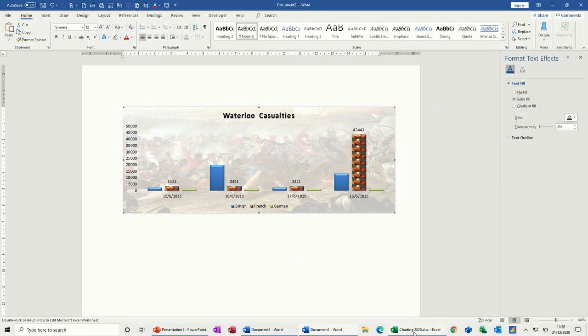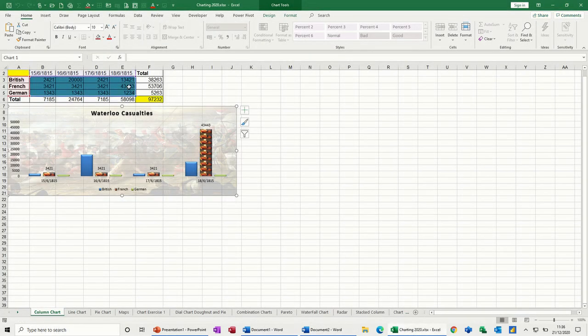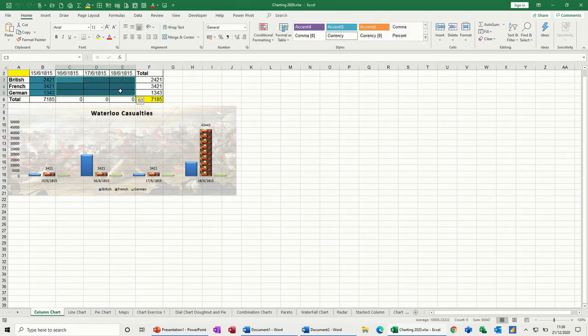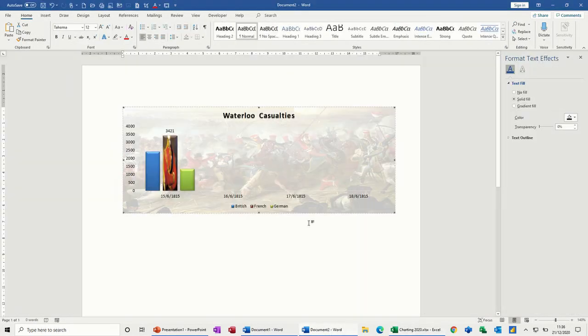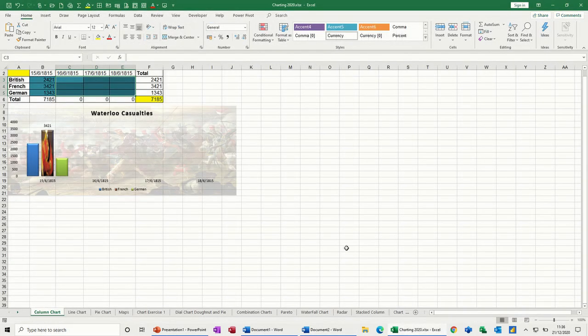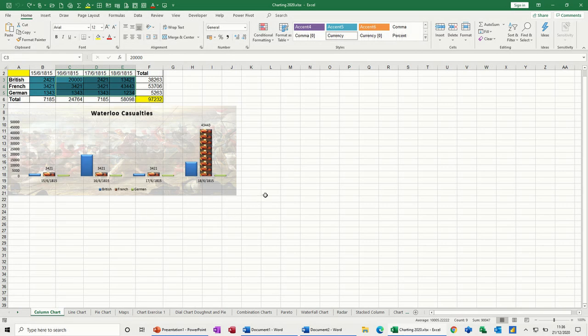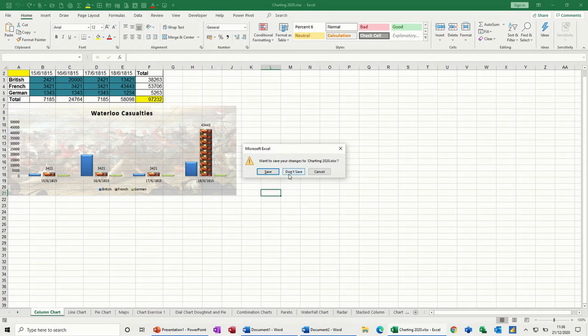Now watch what happens. If I go back into Excel, and I'm going to delete a load of these figures in Excel, so that graph's changed, come back into Word, and it's changed there as well. So that's paste special, paste linked. That's how that works, and that's quite a common thing in business to do. If I go back into this and just go undo to bring all that back, so that's back as it was, and then I shall close that one down, Control W, I'm not going to save any changes,